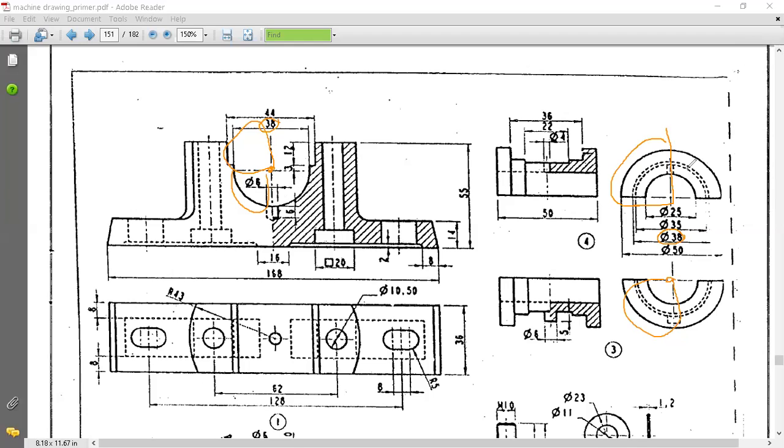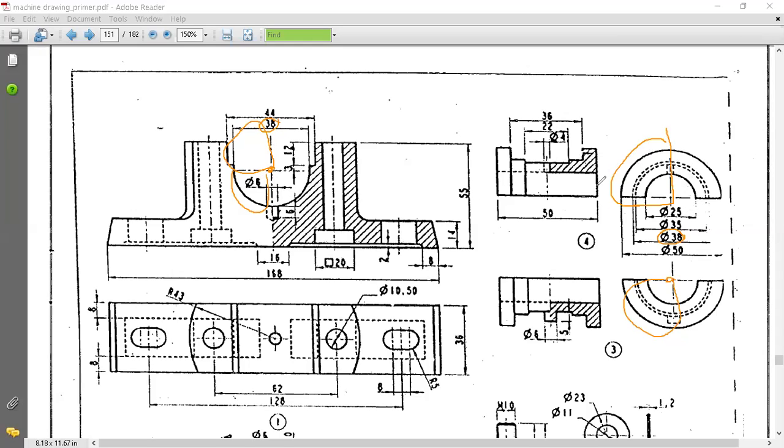So here you will see this portion. Because we have a cut portion here, only these dotted lines will come, that is the 25 diameter that you can show here as a section portion.